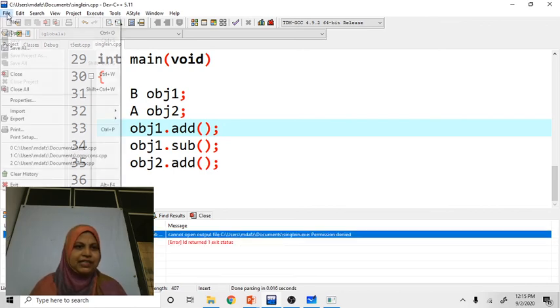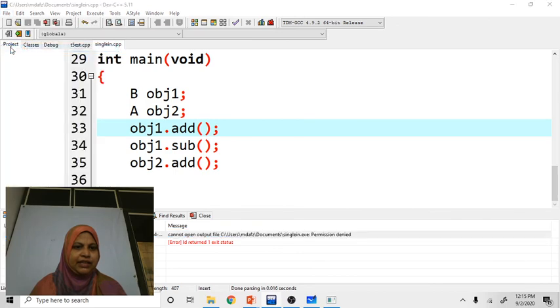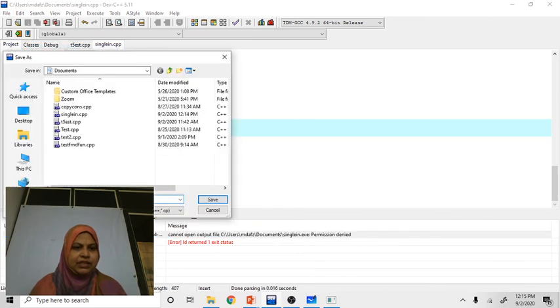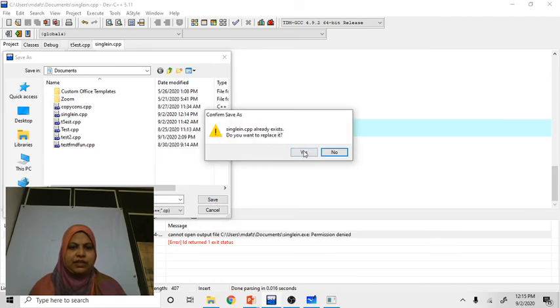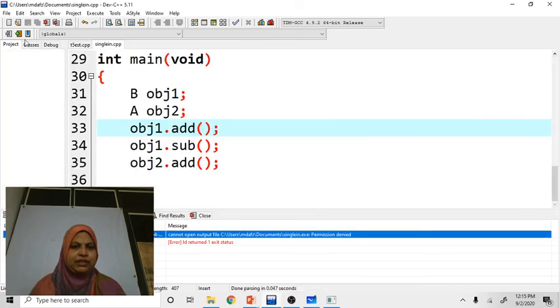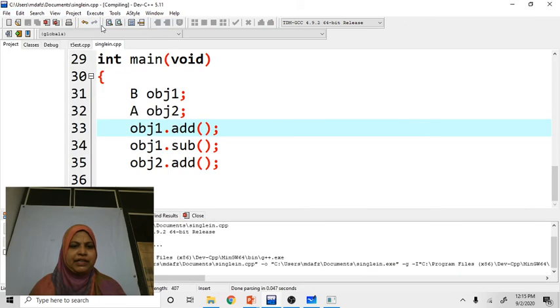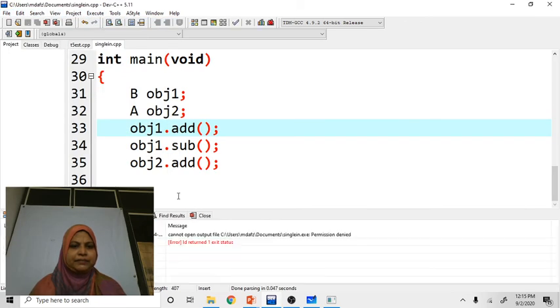See here, we are saving it as single inheritance.cpp. Save. Yes. For execute, compile. Already this name is there.